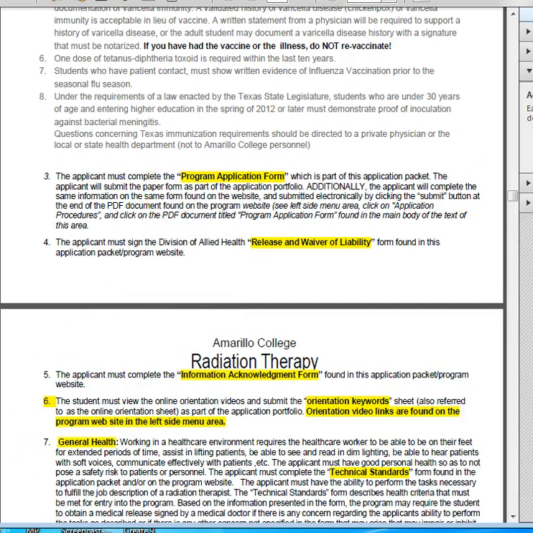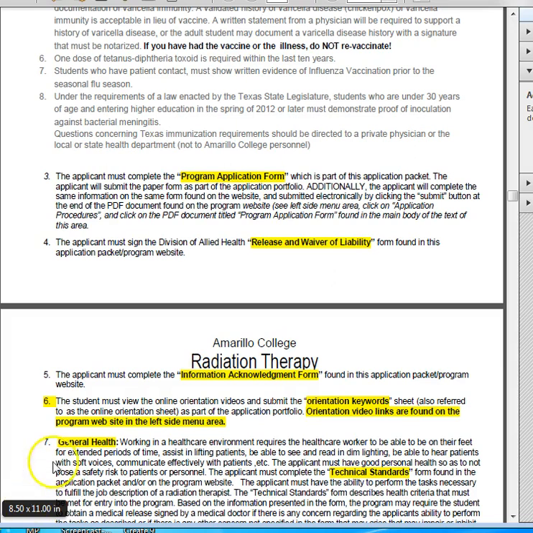Okay, so I think we left off with the information acknowledgement form. That's just another form found a little bit later on in the packet website. That form basically says that you've received information about the radiation therapy program and the application processes, which is kind of repetitive if you think about it. I mean, if you were filling out the other forms, then shouldn't it be kind of clear that you received information? Hey, I don't make the rules, I just kind of follow the rules. So there we go, information